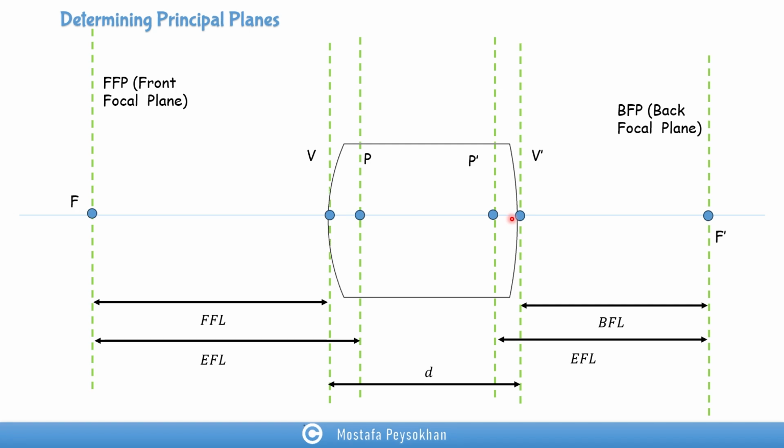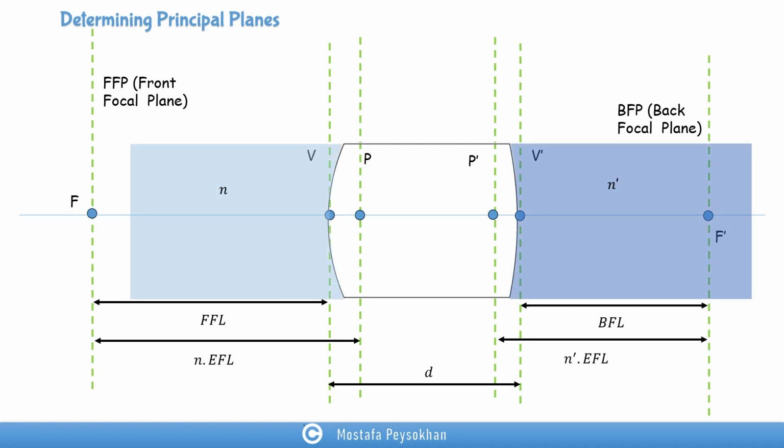Now, let's say we have a situation that our optical system is immersed. So we have N on the left hand side, N prime on the right hand side. So all the parameters are going to change. Something we need to be very careful about is that after you find the effective focal length using the equation that I explained before that included N1, N2 or N and N prime, then even using that effective focal length or modified effective focal length,